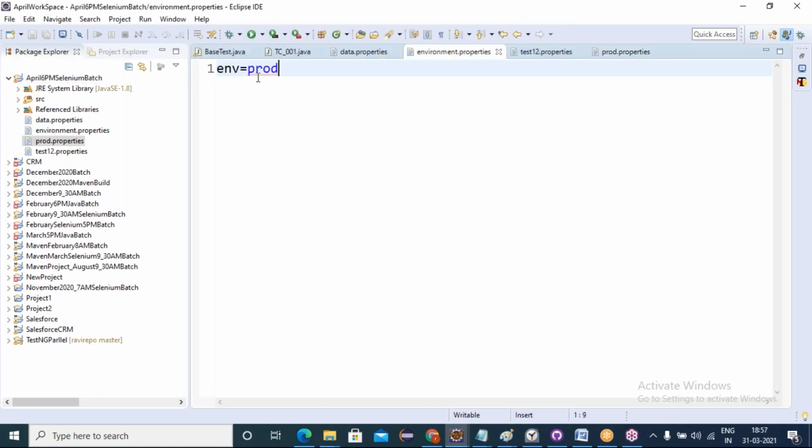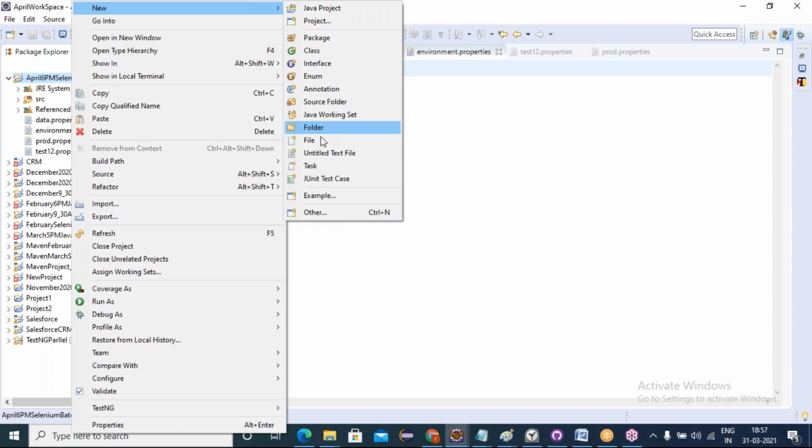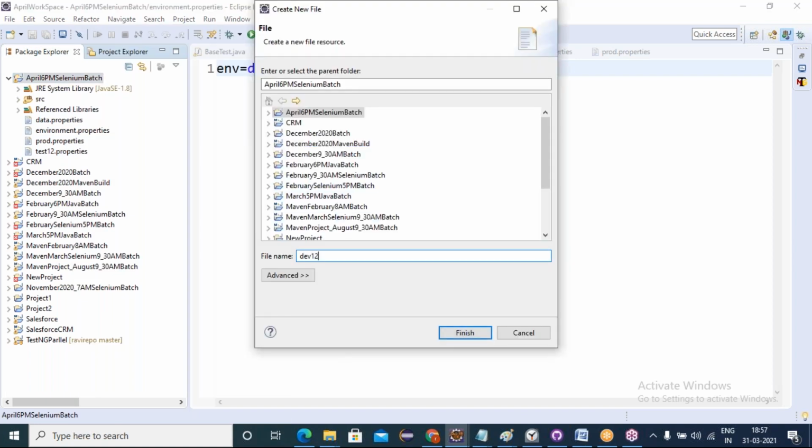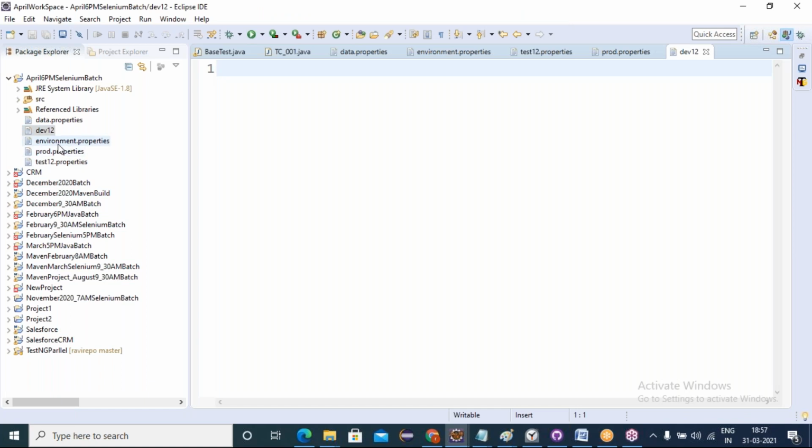Suppose environment properties has dev12, then I must have one more properties file storing all the dev12 instance URLs, a new file, let's call it dev12. Based on the key value I give in environment properties, the corresponding property file I must load to get those instance URLs. That is my agenda.